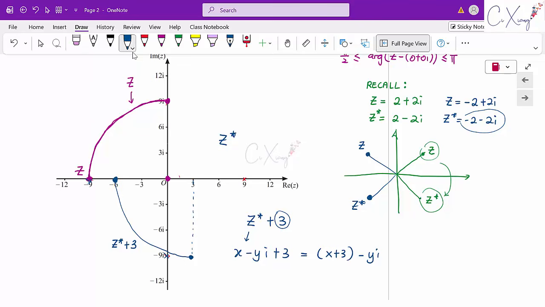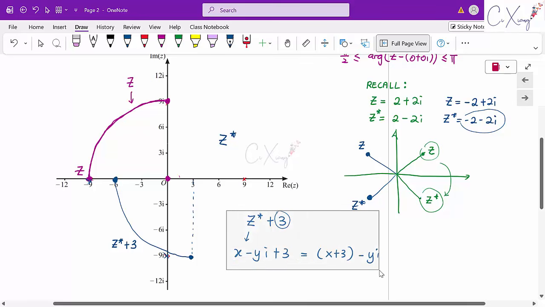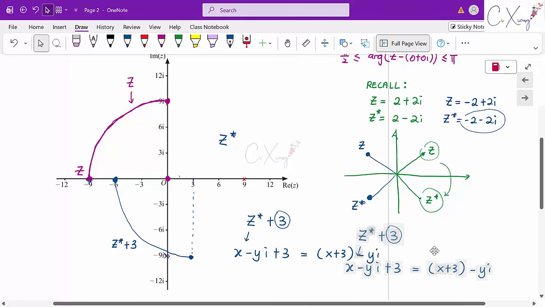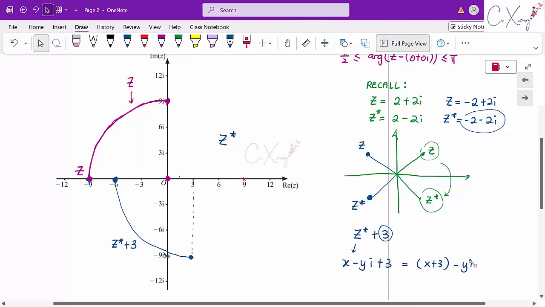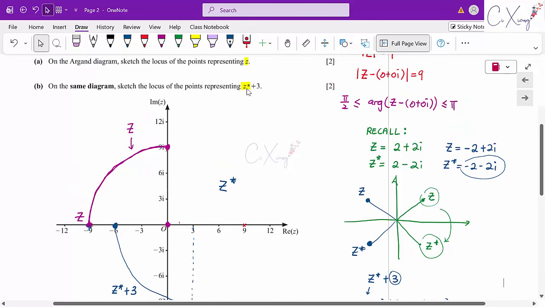Okay, all right. Therefore, you need to be aware that to sketch z conjugate plus 3, first of all, you need to understand the relationship between z and z conjugate. That's the first point. So you know that they are reflections of each other through the x-axis. Then after you draw it, you try to observe what we have for z star, or z conjugate,